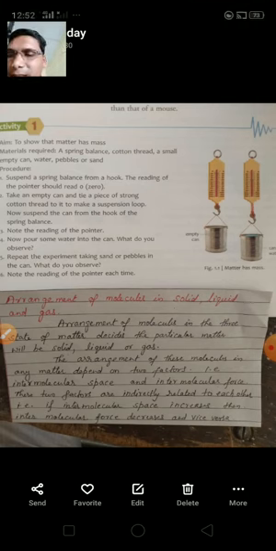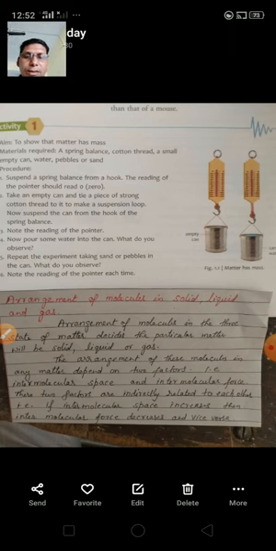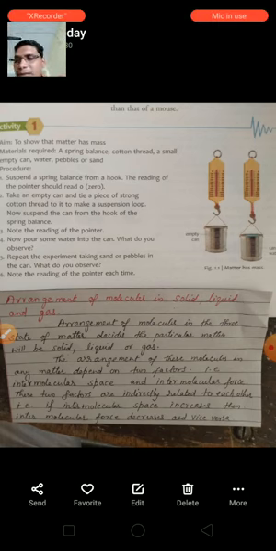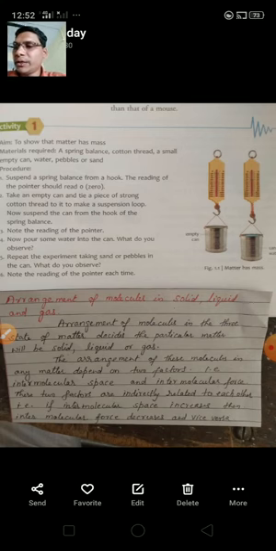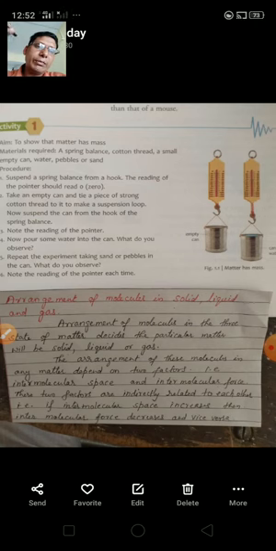So you will observe that each time you pour the water or put the pebbles or sand, the pointer comes down. It means this water, or the pebbles, or the sand has some mass, and because of this mass the pointer is coming down. So we can say that matter has mass. Okay, so how will you come to know? Initially the reading of the pointer is at the up level, it will have some reading.